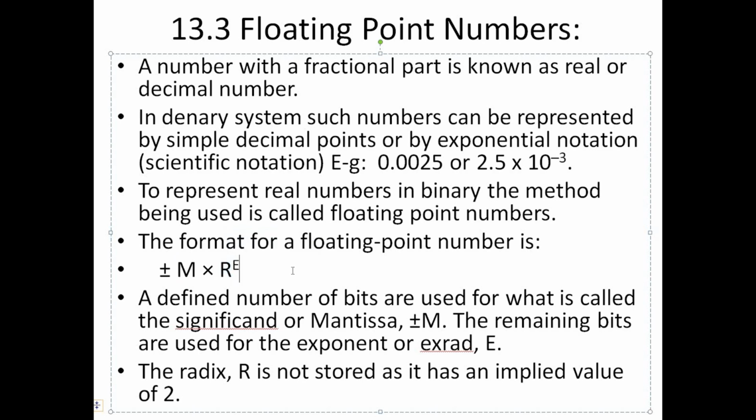So in the paper, whenever we are talking about floating point numbers, we are concerned with two things: the mantissa and the exponent. That's it. If you have to convert from binary into denary, you will be given these two values, mantissa and exponent. And if you are given a decimal number, you have to convert it into binary. Again, you'll only be asked to write the mantissa and exponent. You won't really need to write the radix or the 2.